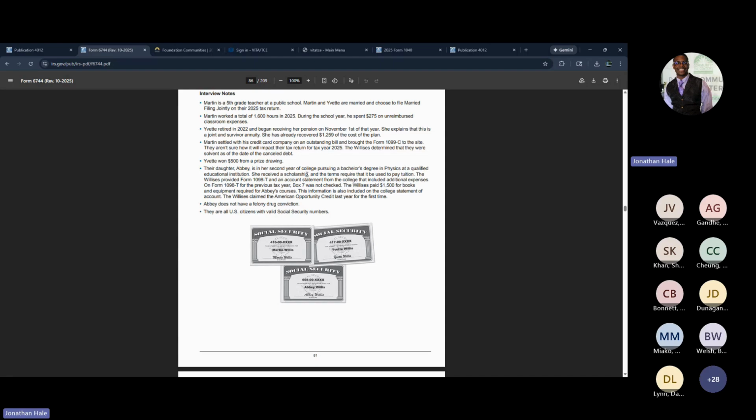She received a scholarship and the terms required that it is used to pay for tuition. The Willises provided Form 1098-T and an account statement for this college that includes additional expenses. On Form 1098-T, the previous tax year, Box 7 was not checked. The Willises paid $1,500 for books and equipment required for Abby's course. This information is also included in the college statement of accounts, and the Willises claimed the American opportunity credit last year